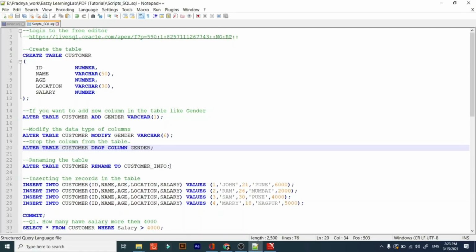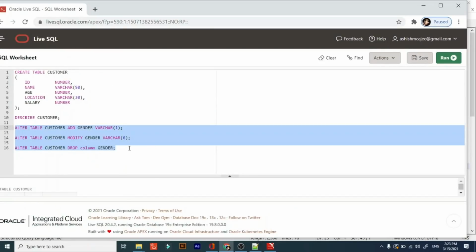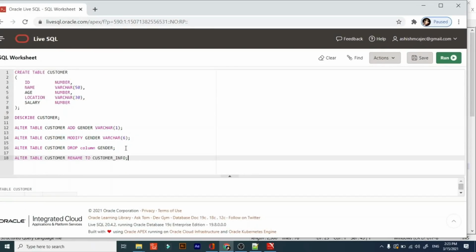The last alter command is to rename the table. For renaming the table from customer to customer info, we use these commands. This is the second form of alter table, to rename the table. Now we are executing it.